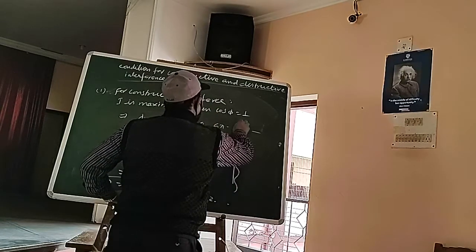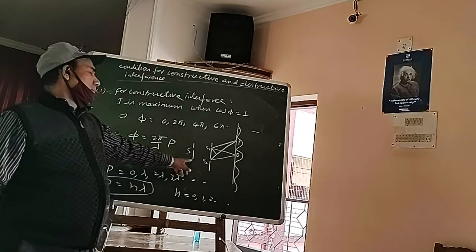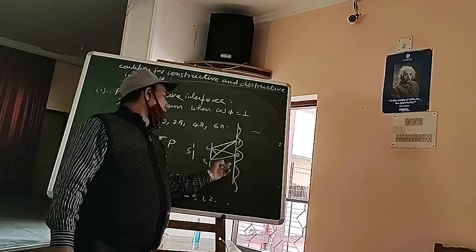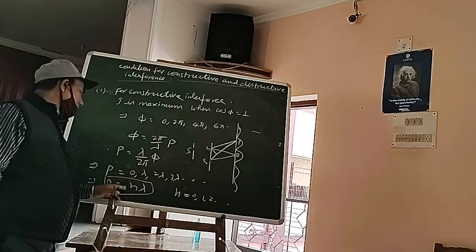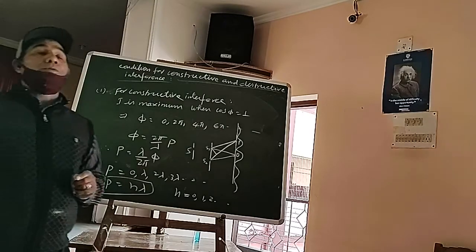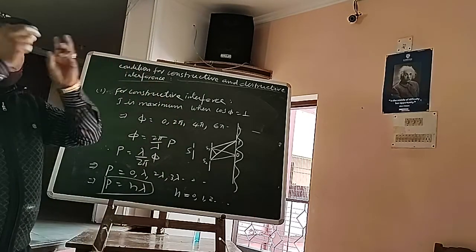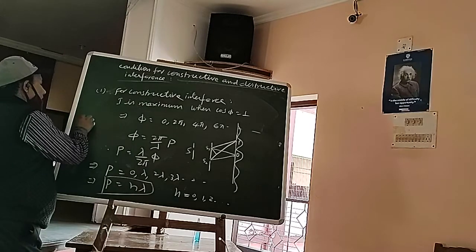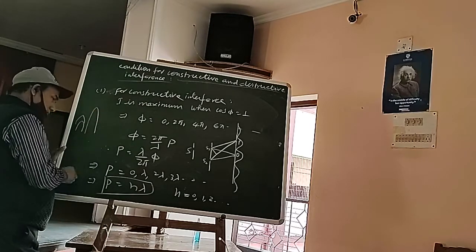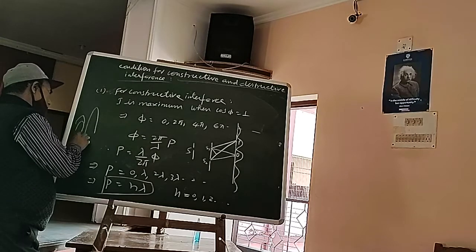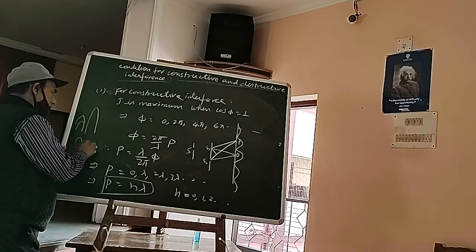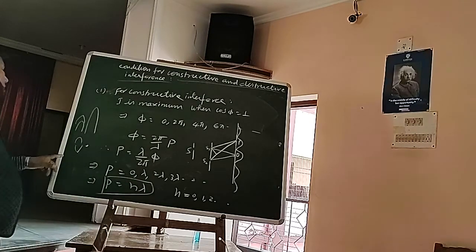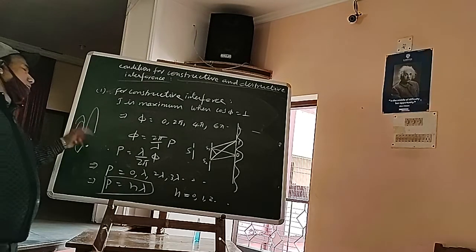मतलब यहाँ पे ब्राइट फ्रिंजेस बनती हैं, फिर डार्क, फिर ब्राइट, फिर डार्क, ऐसे बनती चली जाती हैं। इस सेंटर पे ब्राइट बनती है। क्यों? क्योंकि यहाँ पे पाथ डिफरेंस 0 है, यानी सेम फेज में मिलेंगे, और जब दो लाइट सेम फेज में मिलती हैं तो रिजल्टेंट एम्पलीट्यूड बढ़ता है, और अपोजिट फेज में मिलती हैं तो रिजल्टेंट डिस्प्लेसमेंट 0 हो जाता है।